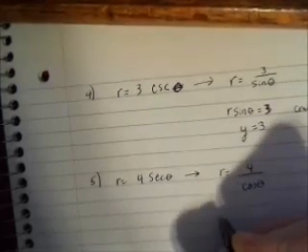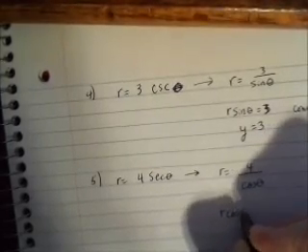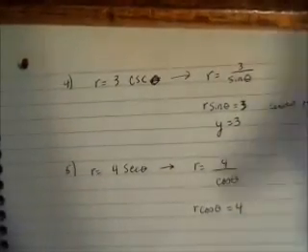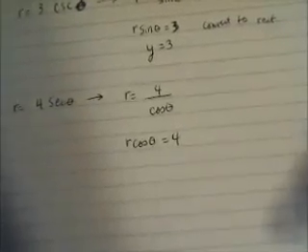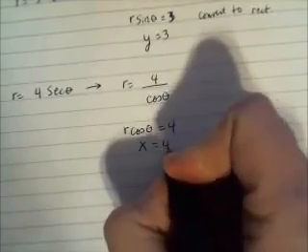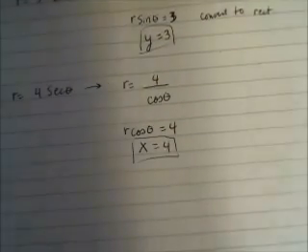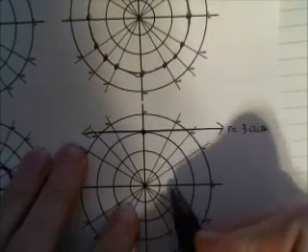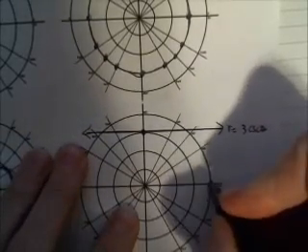And when you cross multiply, you'll get r cosine of theta is equal to 4, and r cosine of theta will always get replaced with just an x. So x equals 4 would be the rectangular equation of 4 secant of theta. And if you wanted to graph x equals 4 on polar paper, you'd go over to the 1, 2, 3, you'd go over to the 4th ring,